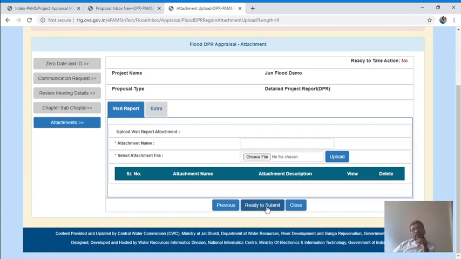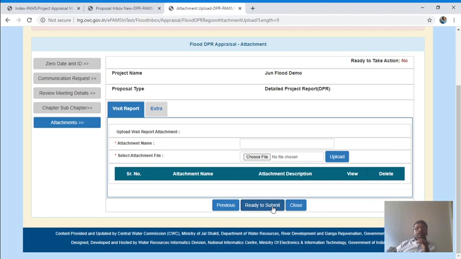Now you want to forward it further, then you will have to click the ready to submit button. This button is introduced here to click manually, because if you forward by taking action and you forget something, then it will go out.